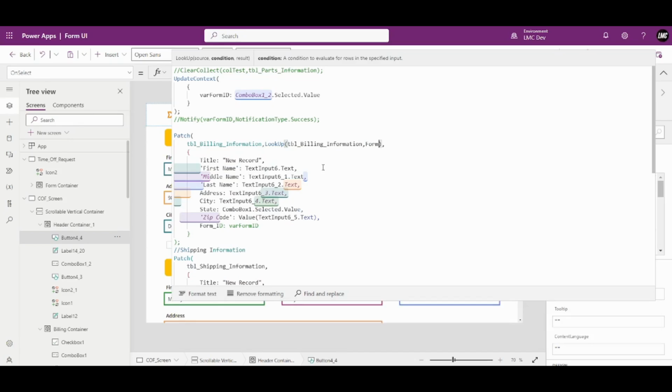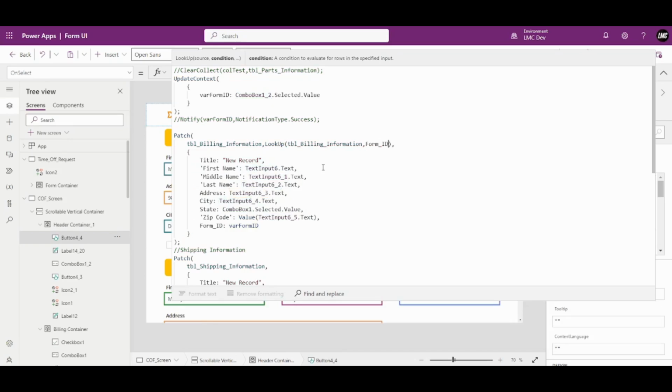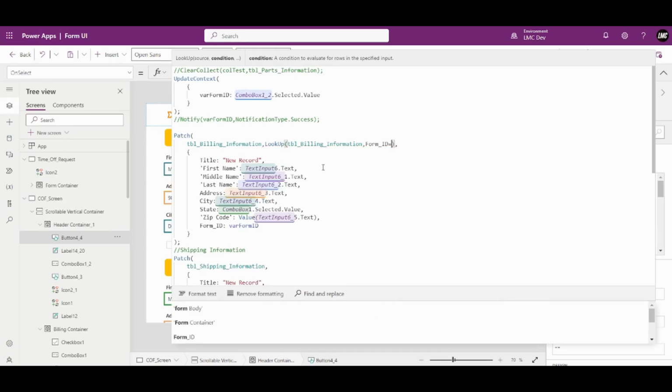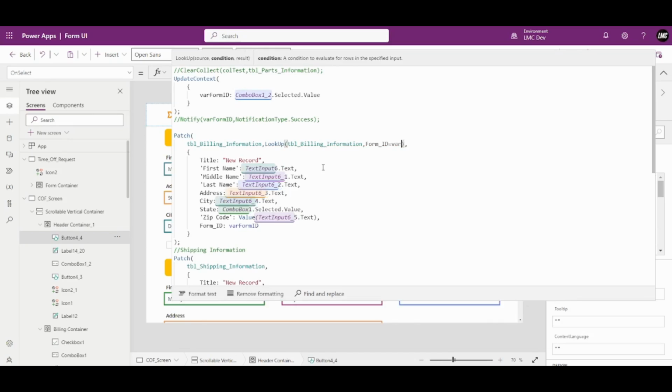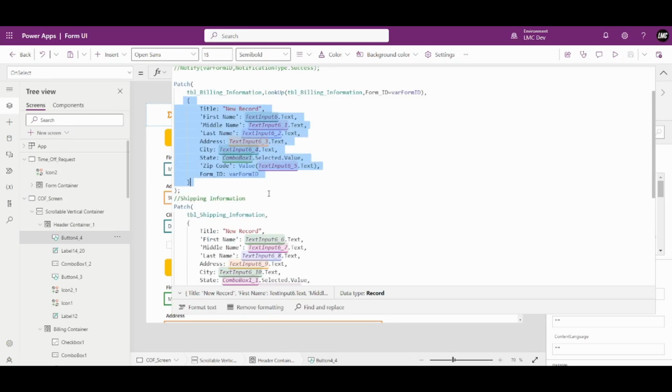where my form id. Okay, form underscore id is what? Where my form underscore id is equal to this var form id. So this will look up in this row, wherever my var form id is like 8, right? So it will look up in that, and it will update in that row only. Okay,